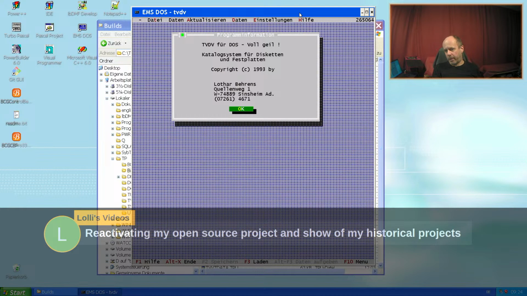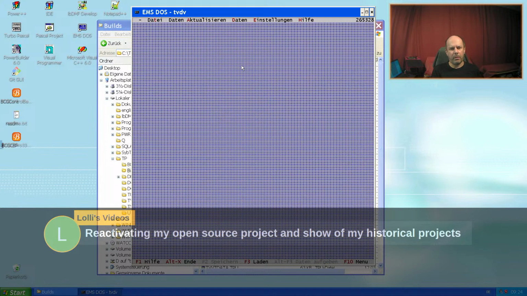I started programming in the days of Turbo Pascal and yet before with Commodore C64, the good old Brotkasten in Germany. And this was one of the projects I had.